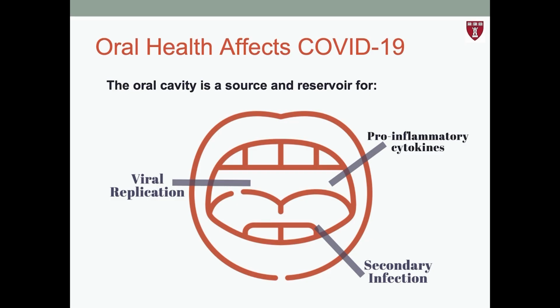Patients with periodontal disease are more likely to develop hospital-acquired pneumonia and have elevated levels of cytokines linked to more severe disease outcomes. One reason is that the oral cavity is a significant reservoir for viral replication, which predisposes patients to secondary infections. With severe COVID-19 cases, one study found that more than 50% of deaths manifested bacterial superinfections.